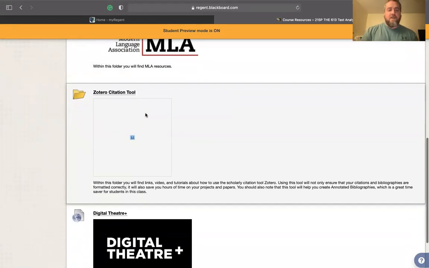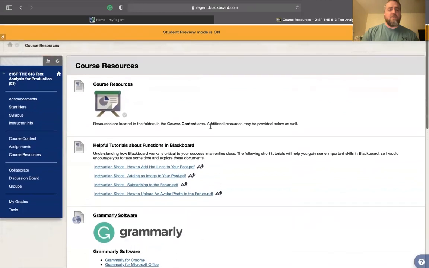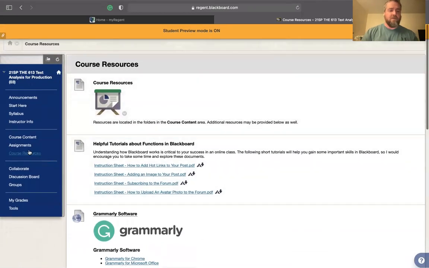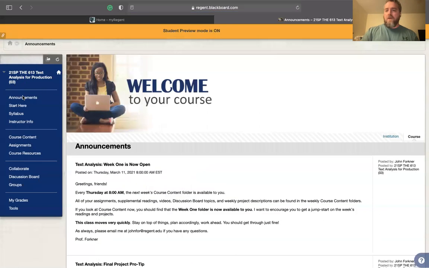The graphic isn't coming up here, but Zotero is a great citation tool. It's where you can put all of your sources so that you can quickly make a works cited page. So this is course resources, which is where we'll put some of this kind of stuff. Download this here, or here's a link where you get a student discount. So those can be just some side things that you may find helpful. But again, mostly everything you need is in course content. Hopefully that gives you a pretty good glimpse into where everything is going to be for this semester.